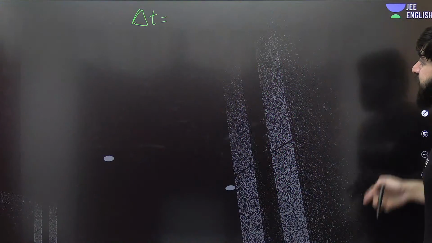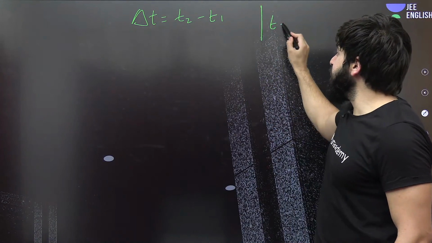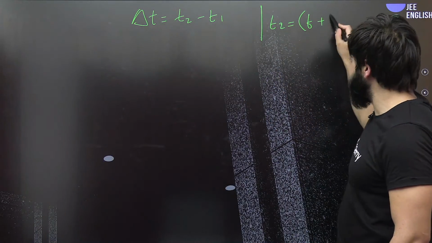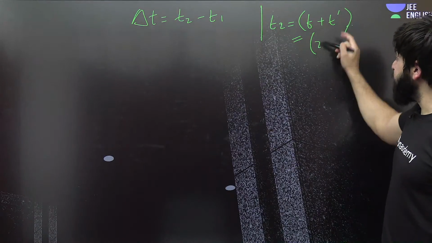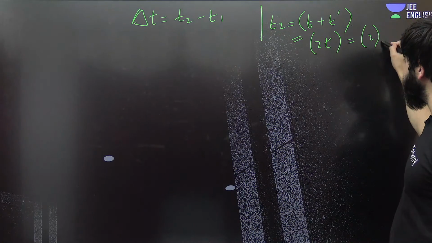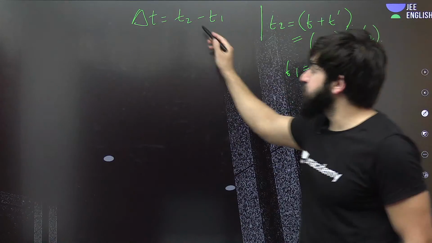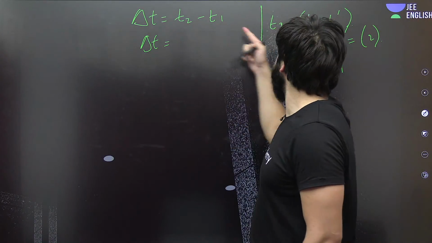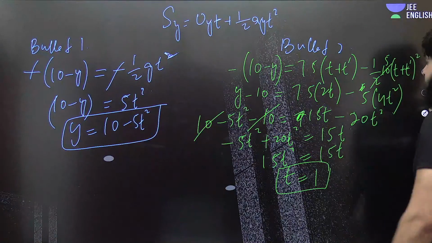Now you tell me one thing. Can I just write it as nothing but t2 minus t1? Now t2 is nothing but t plus t dash. Understand? So this is what? 2t, because this is also t. So this is 2t. What is the value of 2t? That is 2 into 1, that is 2. Okay, fine. So t1 is nothing but t, that is 1 only. So what will be the time difference? That is nothing but this time. 2 minus 1 is 1 second. Siva Ganesh was